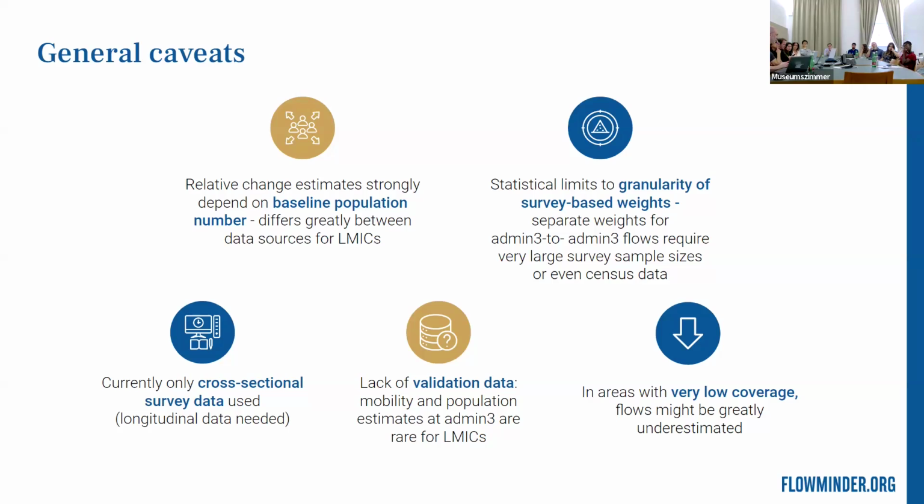Speaking about survey data that are part of this model of scales, if you drill down into subregions or indeed flows between subregions, it becomes very difficult, if not impossible, to have separate parameter estimates per flow. So the flows have to be grouped, and further assumptions have to be made that the groups are sufficiently capturing the variation. And indeed, to model or to validate all these estimates, what you require is really census data, very fine-grained and spatially distributed data to allow such validation.